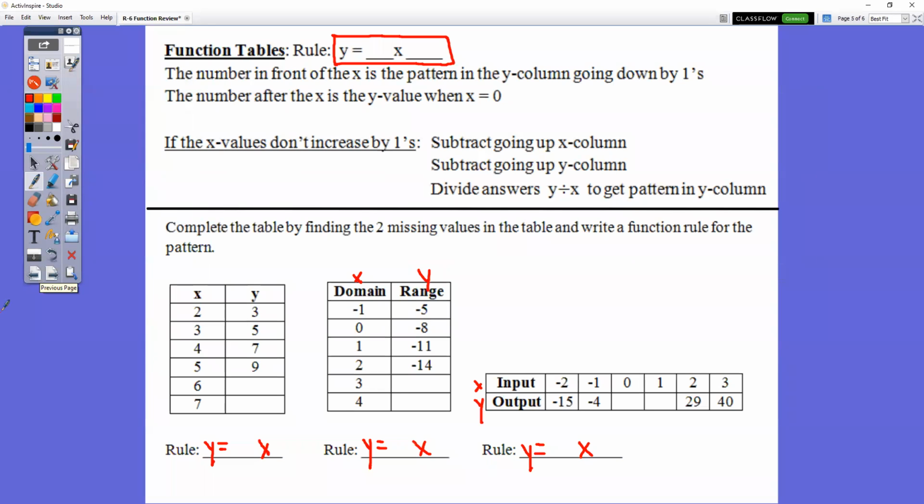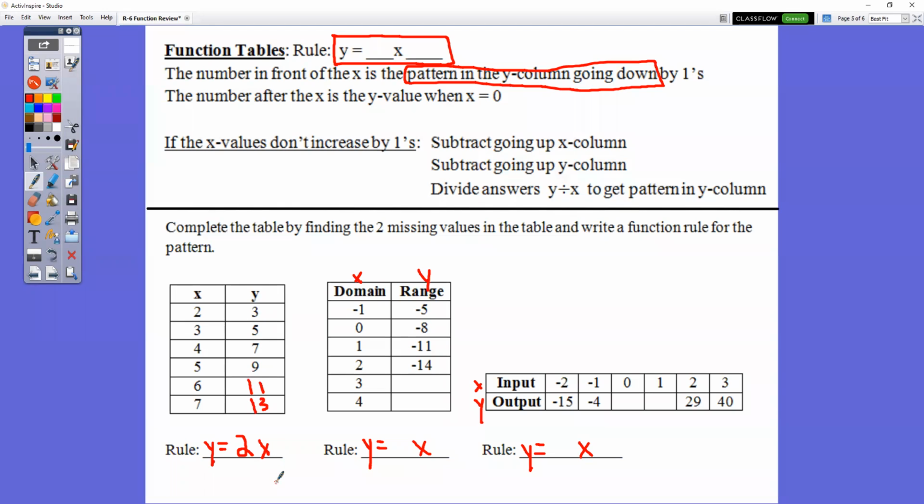It's easier when the x column goes by ones to just look at the pattern going down the y column. That will give you the number that goes in front of the x. So we have 3, 5, 7, 9. What are we doing each time? We're adding by 2. Since we're adding by 2 each time, a 2 goes in front of your x. Continuing on with the pattern, 9 plus 2 is 11,